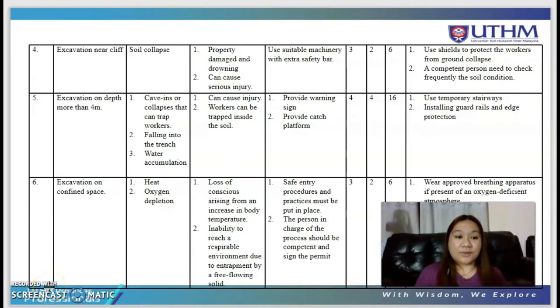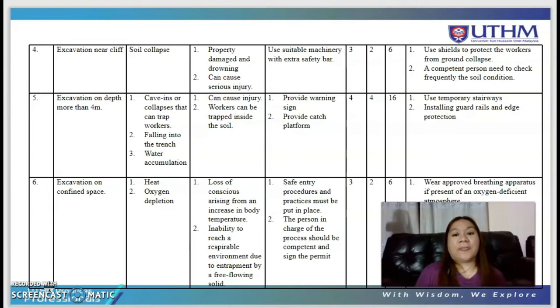The second highest rating is excavation on depth more than 4 meters, where the rating shows 16. And the hazard for these activities is cave-in or collapse that can trap workers. And the next one is falling into the trench. And the third one is water accumulation, where it can cause injury to the workers, and the workers can be